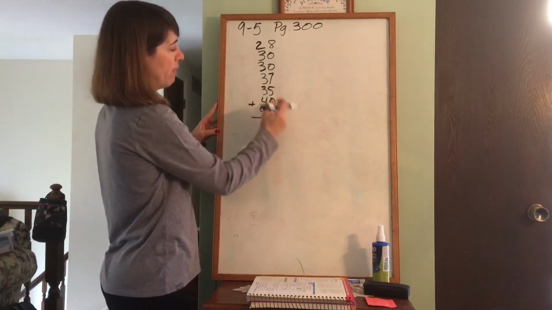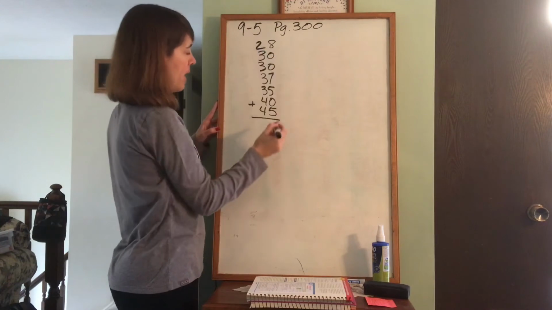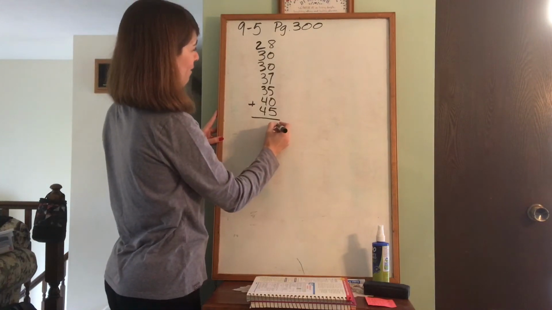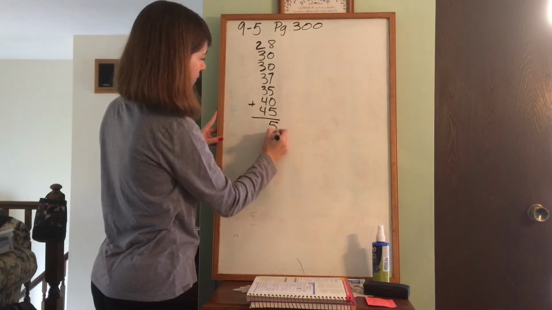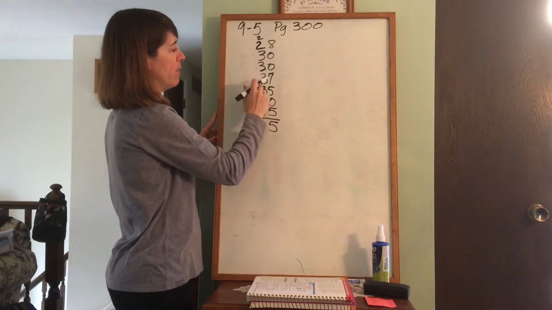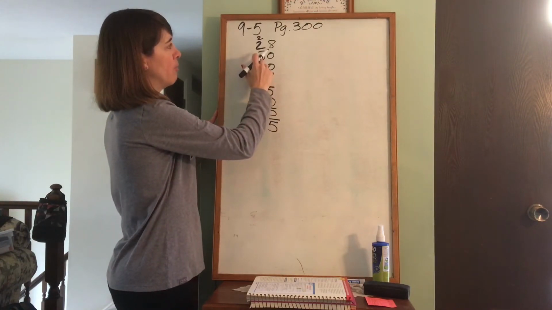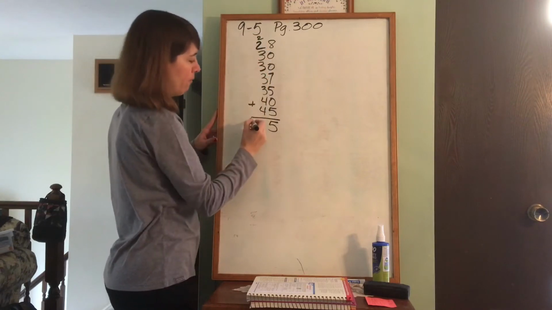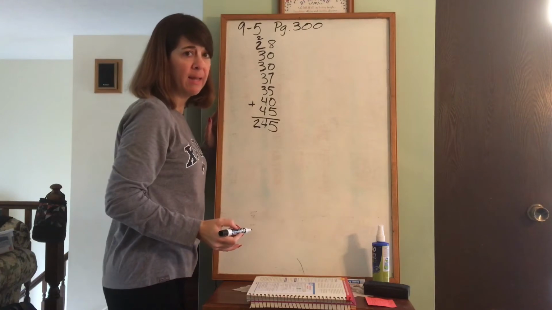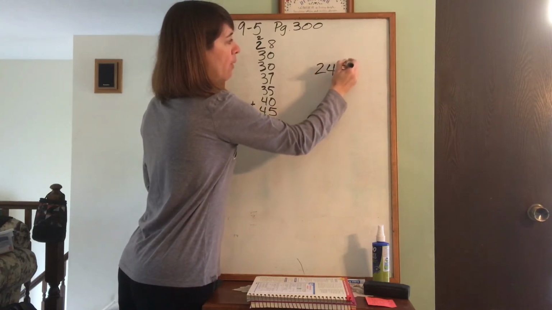So we've got 5 and 5 is 10, 7 more is 17, and then 8 more is 25. Wow, okay. 5, carry the 2. 4 and 4 is 8, 3 more is 11, 3 more is 14, 3 more is 17, 3 more is 20, 22, 24. So we get 245. Then we're going to take that total and divide it by however many